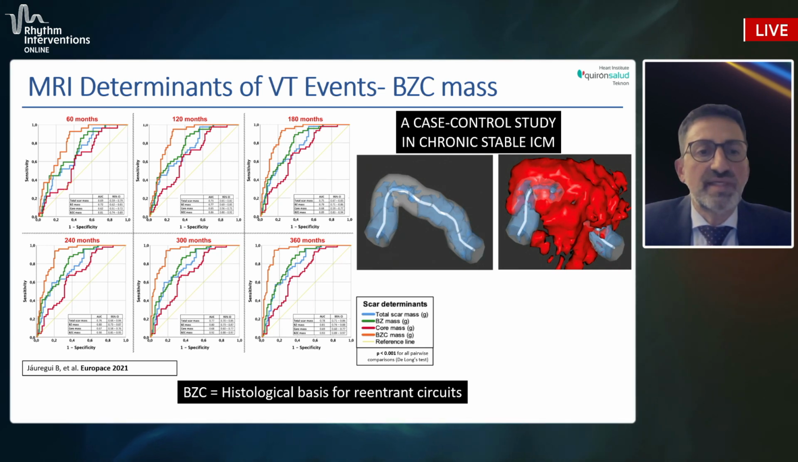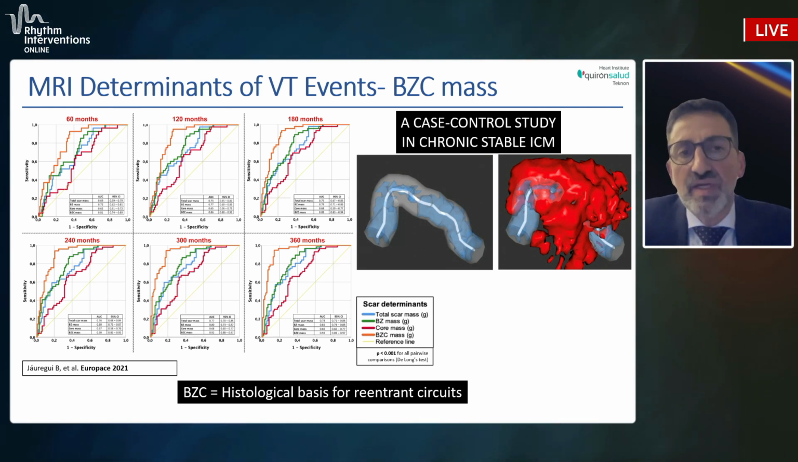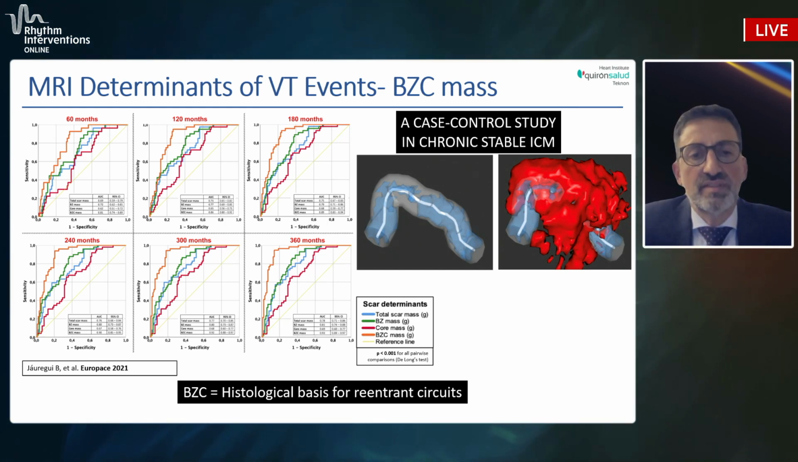And here you can see that we try to identify the determinants that we can analyze from an MRI that will be more related with the occurrence of a ventricular tachycardia after a myocardial infarction. After analyzing in multivariate analysis the left ventricular ejection fraction and any of the scar determinants, which are the total scar mass, the border zone mass, the core mass, and the border zone channel mass, the stronger predictor of events at every time after a myocardial infarction was the border zone channel mass, which is in fact the histological basis